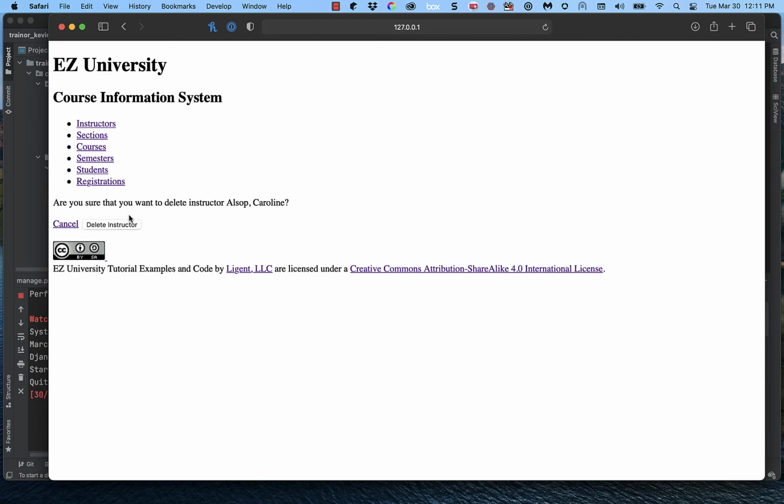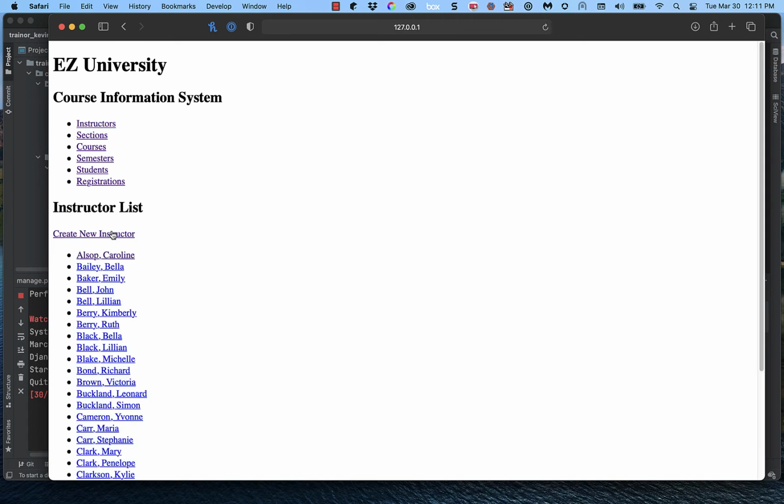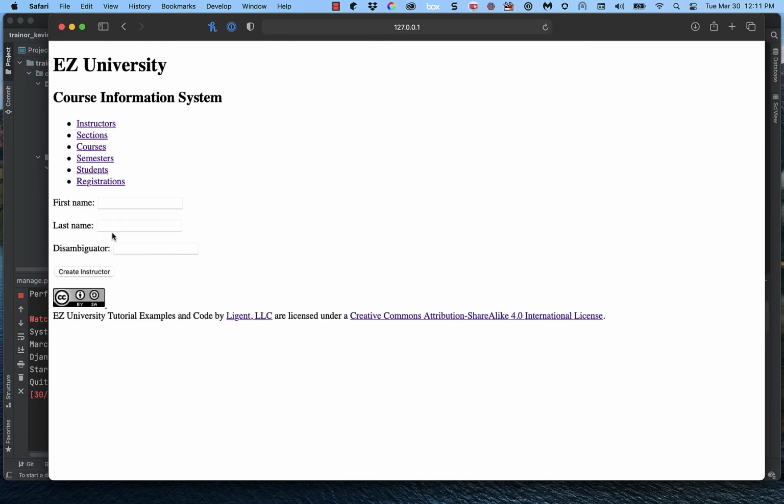And the other place where we have a button, I think, let's just go say we want to create a new instructor. There's a button down here. Again, not a particularly pretty one, but a button all the same. So we've essentially got the default styling that comes with plain old HTML,